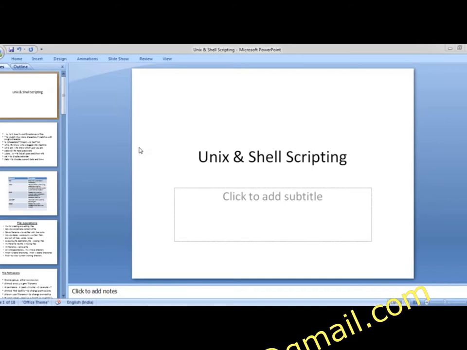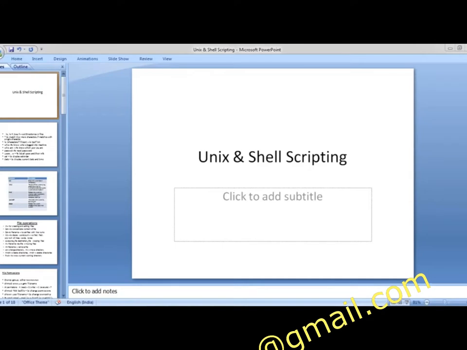Okay, so now let's start. I'm just discussing what is Unix and what is shell scripting. Every operating system has a few sets of commands to access it, whether you have a graphical user interface, the one from which we access it.